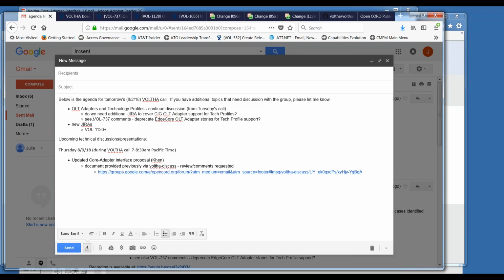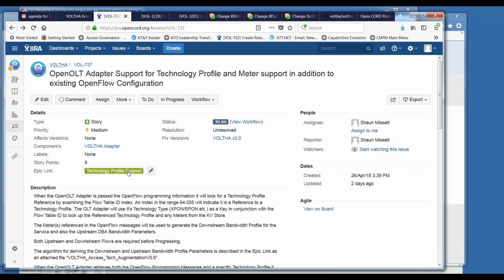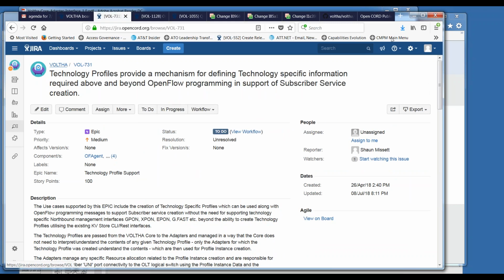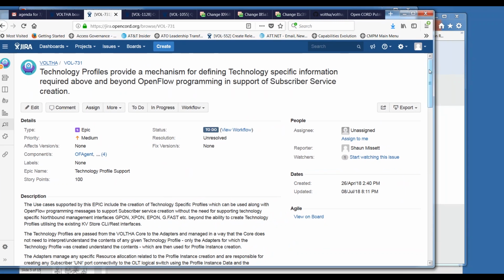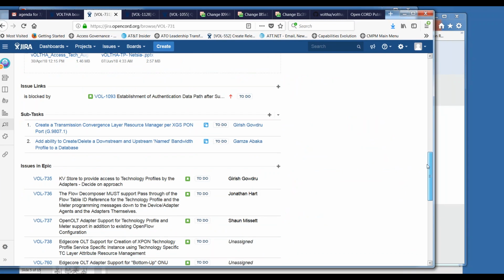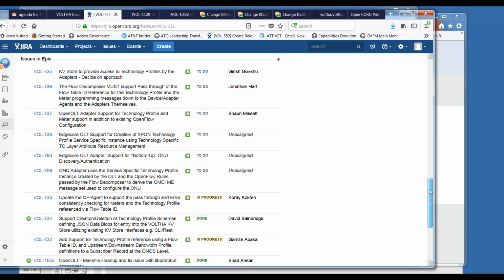Let me clarify a couple of things. Looking at the existing technology profile stories under the EPIC, there are a few that are currently unassigned, and I think Redis will be taking on some of these unassigned ones in the area of the Open OLT adapter.